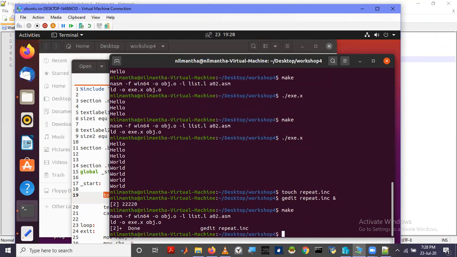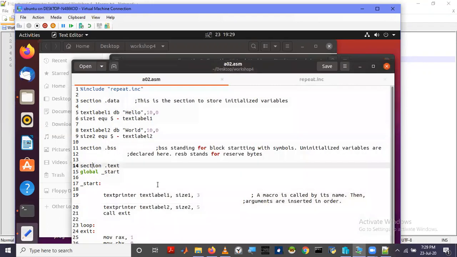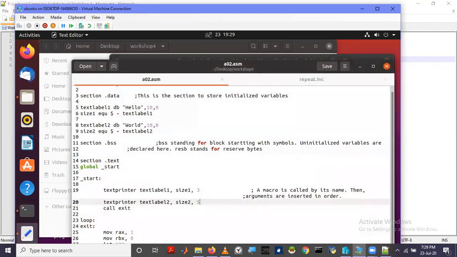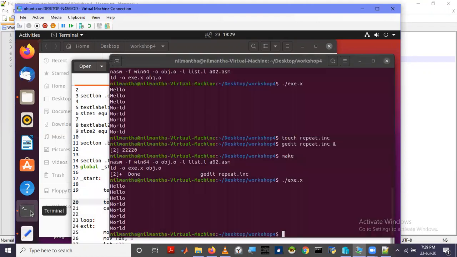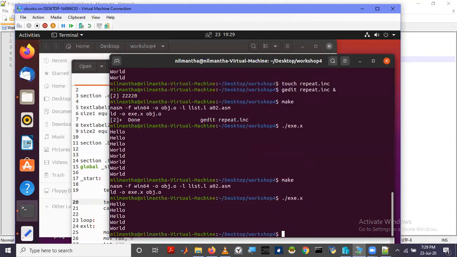Right, it seems that it is okay. We'll see whether it works. We'll change something and see. Okay, no problem, the same thing.